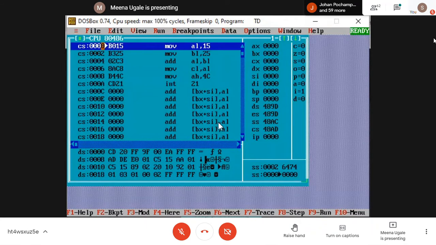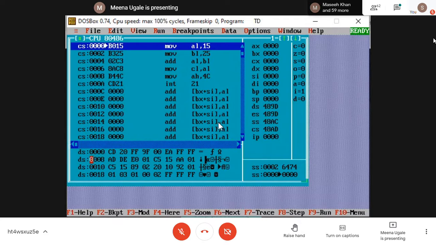So first is 0000, then 0002, then 4, then 6, then 8, because these are all 16 bit instructions. Every instruction will take more than 2 locations to store its content. Then MOV AL, 15 is your first instruction, second instruction MOV BL, 25. Like that, n number of instructions will appear on this screen. This is your code segment.